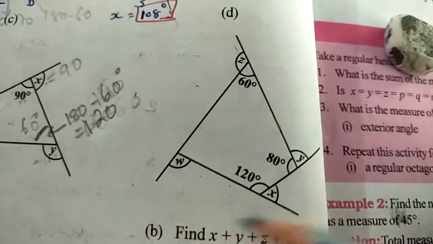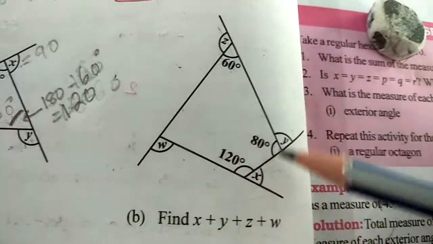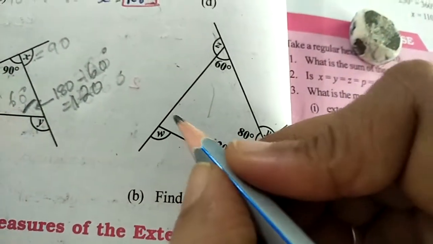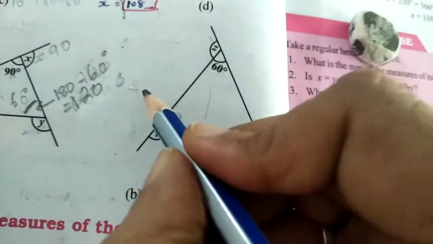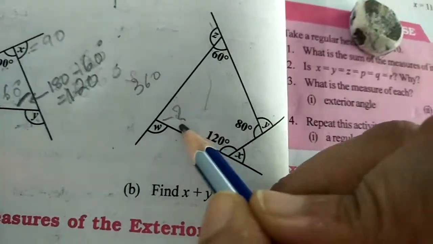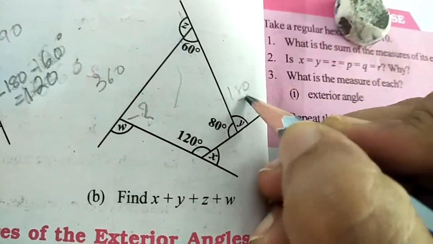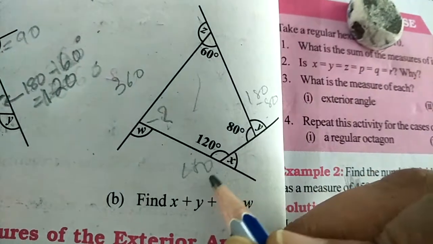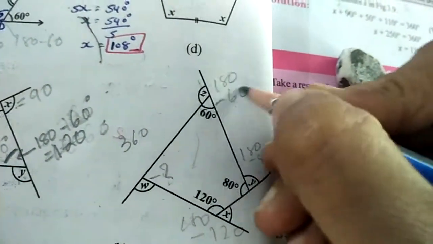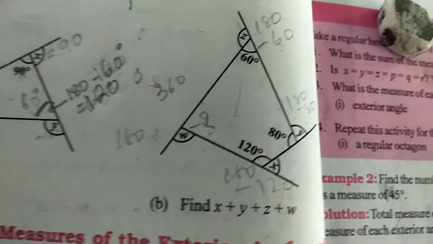Okay. Now here also you have got a 4-sided figure, that is a quadrilateral. So first 60, 80, 120. You have to add these and find this first. So 360 minus all these, you will get the answer. And then by linear pair, this will be 180 minus 80. This is 180 minus 120. This is 180 minus 60. And this you have to first find out, and then 180 minus whatever answer you get here. Okay, thank you.